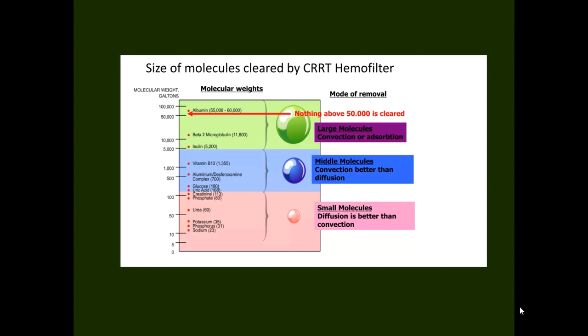So molecular size is important when you are doing your dialysis. As I told previously, when you are doing convection, you are primarily targeting these middle molecules. Why are middle molecules important? Because all your cytokines, which are the inflammatory markers, are middle molecules. So you can have some amount of this clearance when you are targeting the middle molecules using your convection.